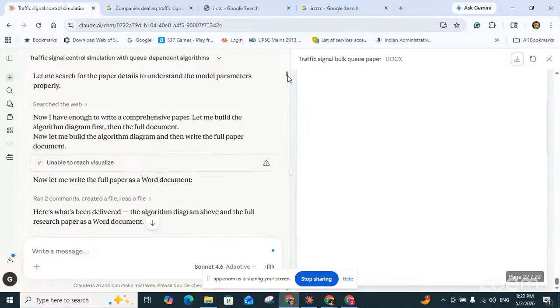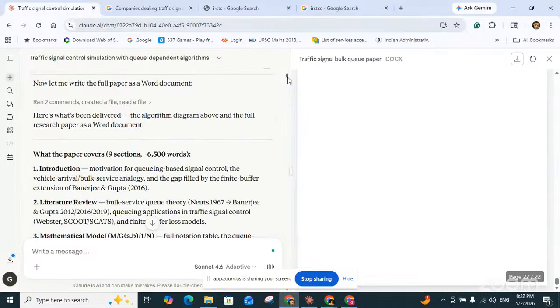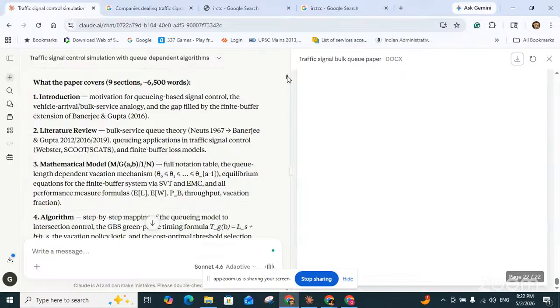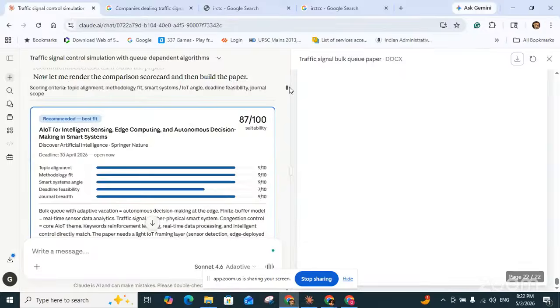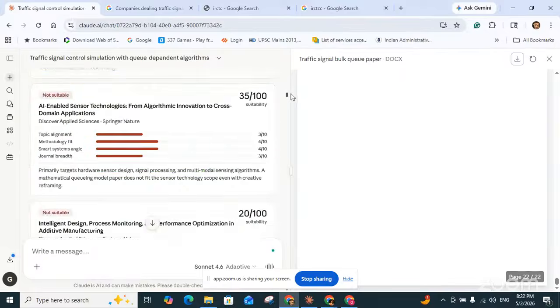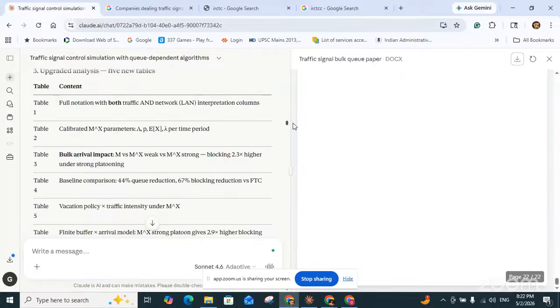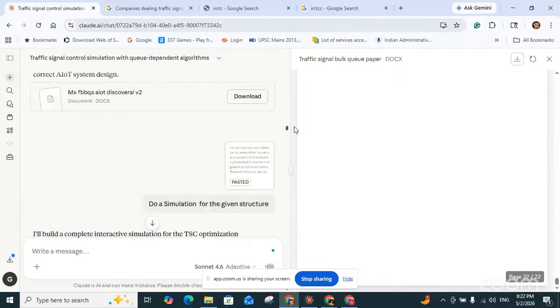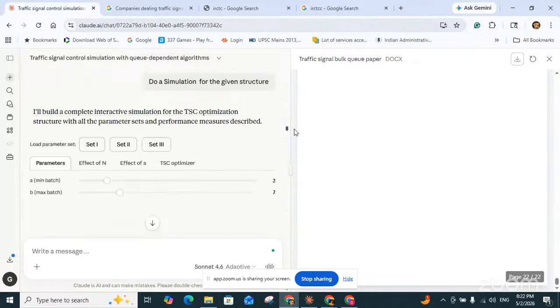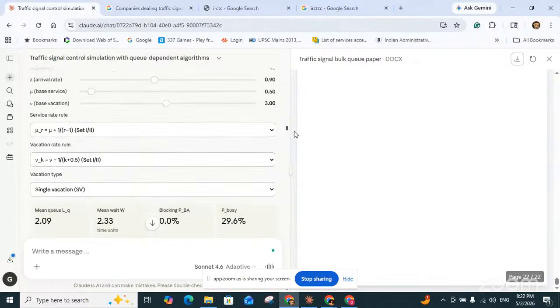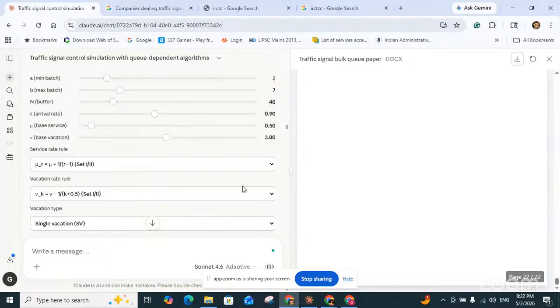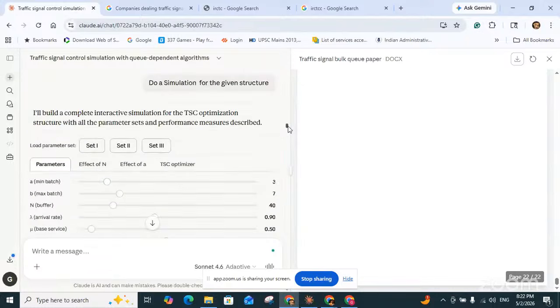So for that purpose, I gave my ideas on that subject and a prompt to draw a simulation analysis, and it completely gave the simulation part. Here I am showing, do a simulation for the given structure. Here it has been given that for my particular model, these are the parameters set 1, set 2, set 3.